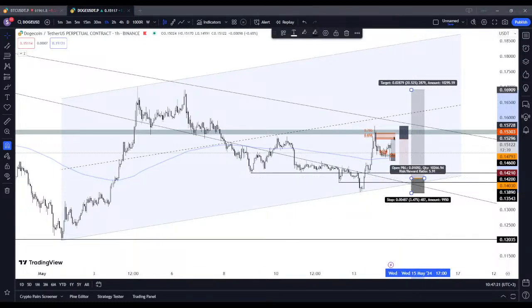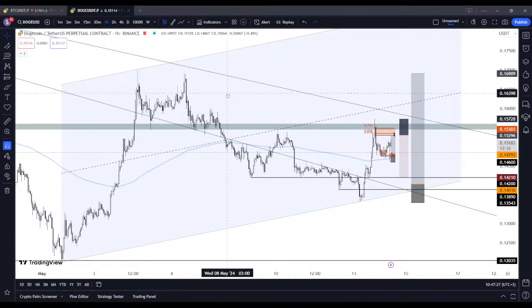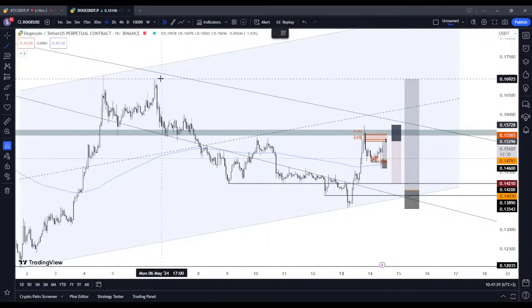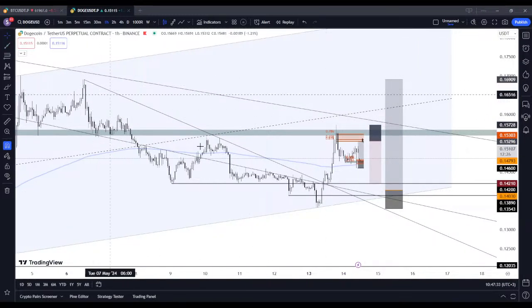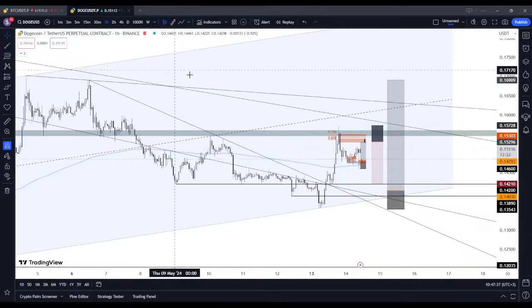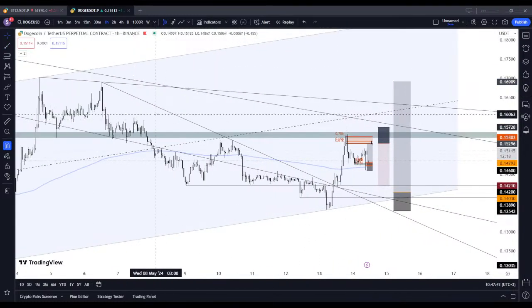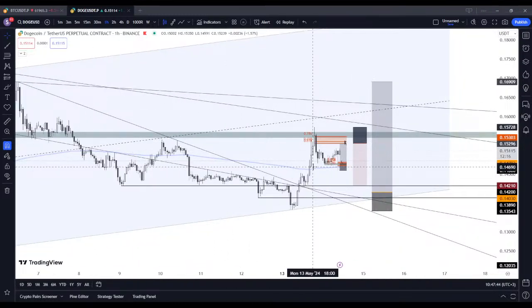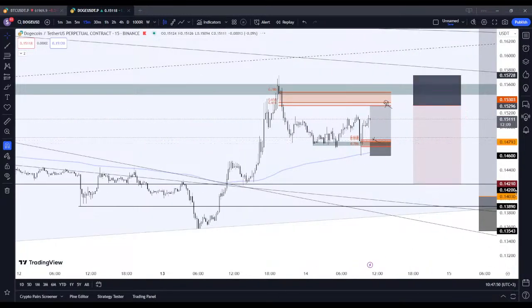So this is creating context. This is how you create context, and it gives you an understanding of what is happening in the market. On 1 hour, we can say that, okay, we broke this down slope, but we still have some potential rejection in this area, sweep of these equal highs. But this trade might work. And I stayed too much time on a chart, too much time on Doge.